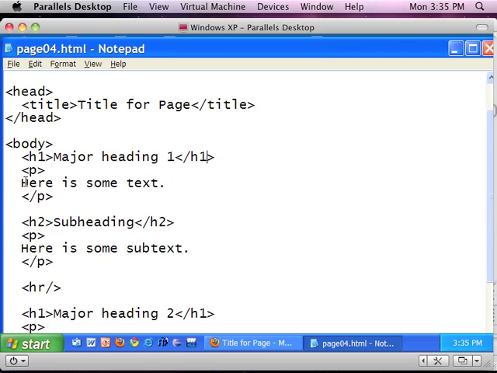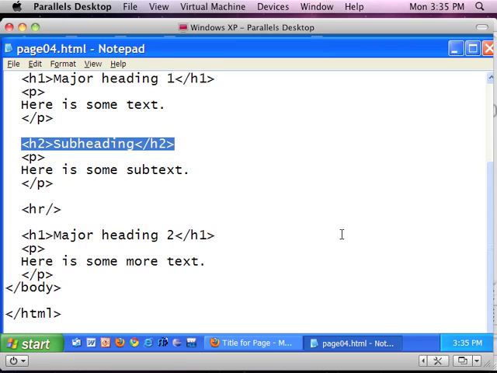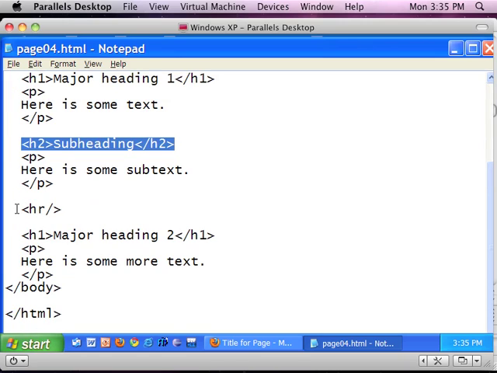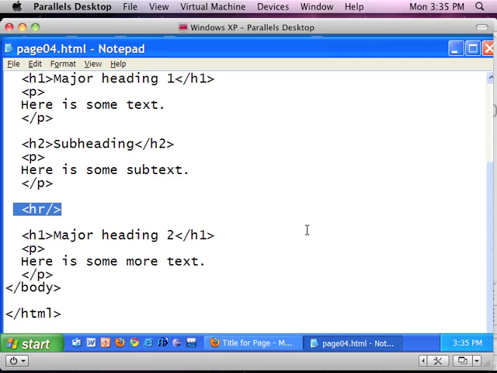So we have our major header, we have our subheader, which we're using an H2 on there. We're going back to an H1 over here. And our horizontal rule is here, but we're not really setting anything at this point. So we're just putting a line across. If we put in a horizontal rule with an opening and closing bracket, and we saved it,